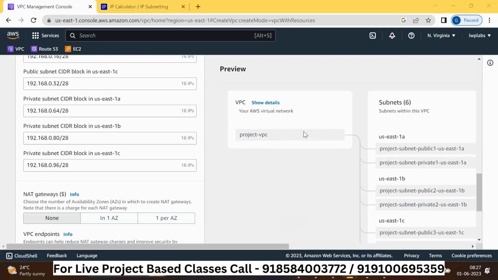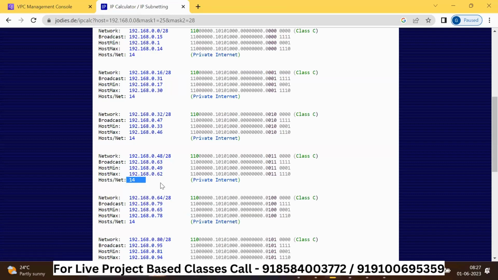So one subnet will have 3 IP addresses? No, it will have 16 IPs, right? How 3 IPs? This is the network IP, the first IP, the last IP is the broadcast IP, and then you have 14 IPs that you can assign to your resources. Okay,